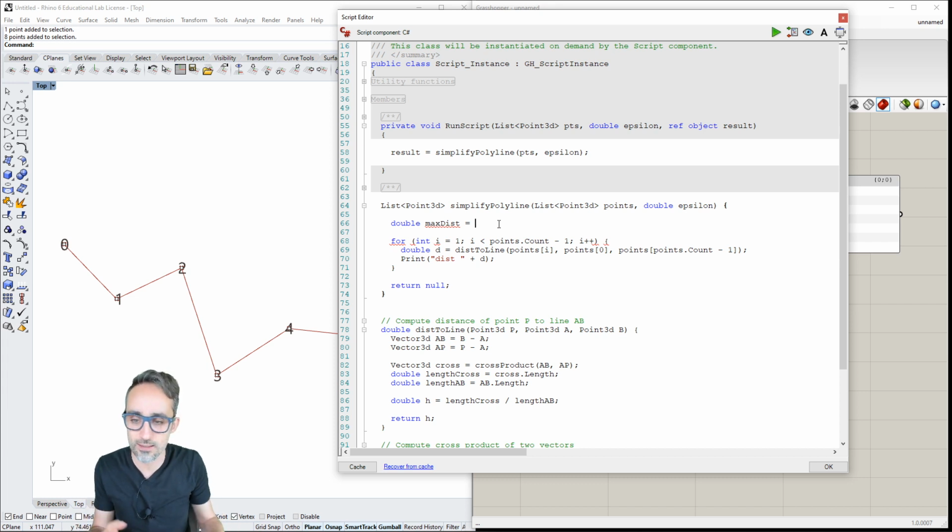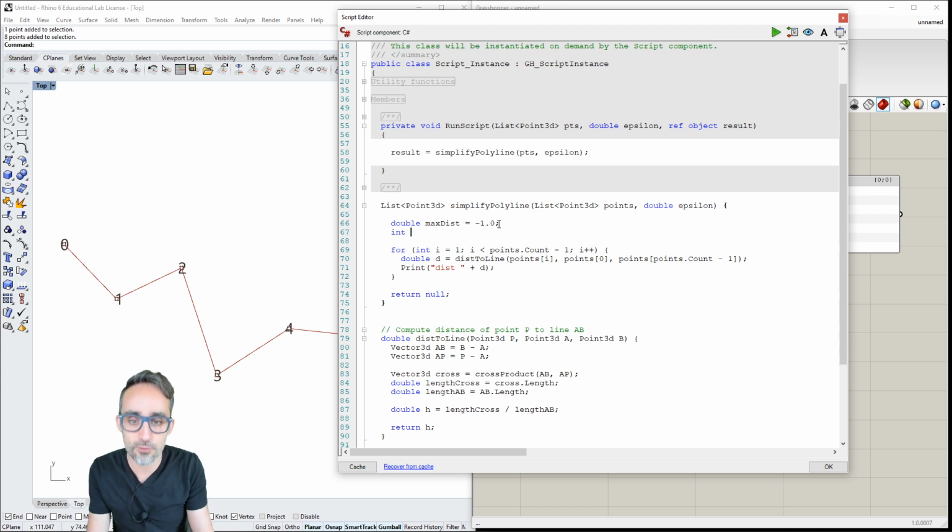I'm going to initialize it to a ridiculous value, like minus 1. You cannot have a distance of minus 1. Because it's so small, every single distance we find is going to replace it. This is a very common technique.